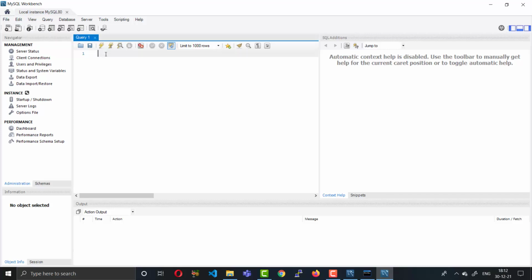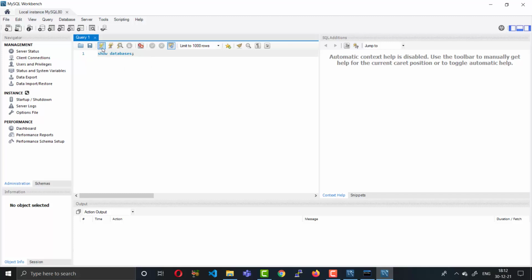This is your script area, the coding area. You can write your script or code here. Suppose you want to run show databases.